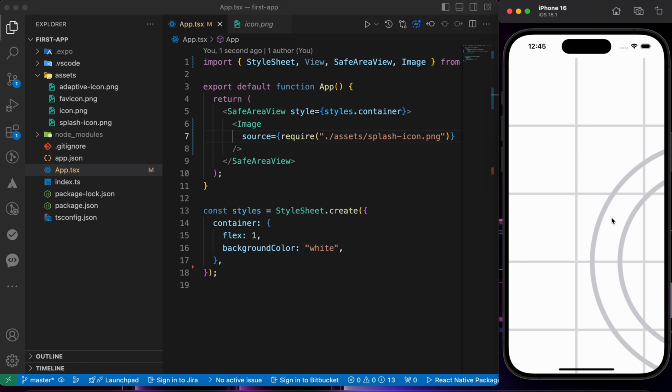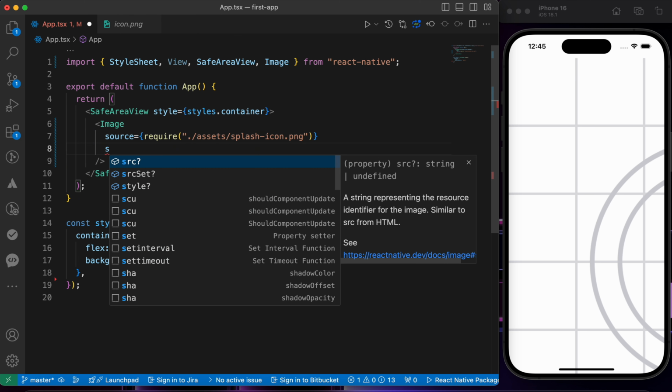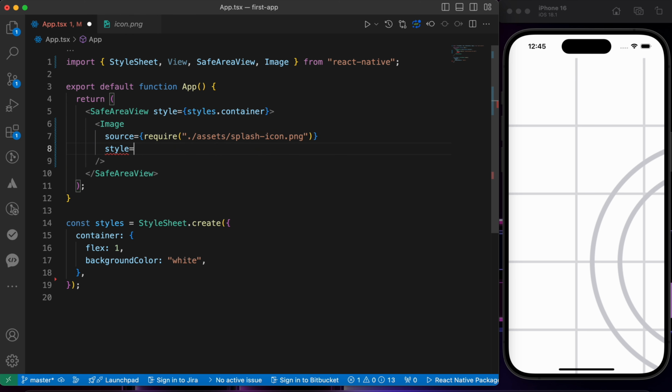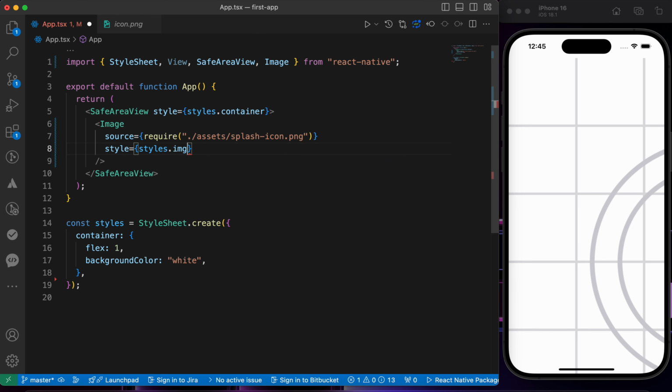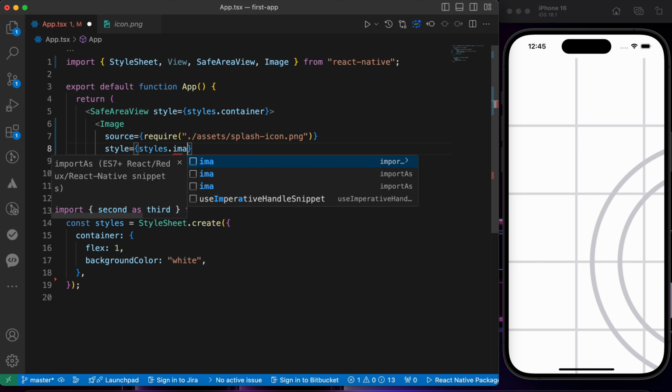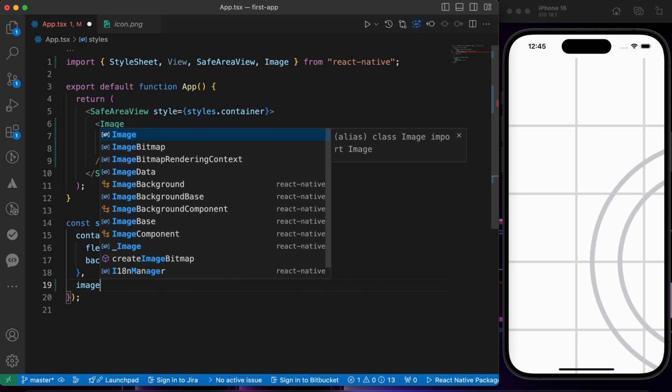Now we've rendered this image, but it takes all of the screen. So we need to give it a height and width. So let's close this and add styling to it. Just add the style property and it's gonna be styles.image1, for example. We are using the StyleSheet here. So let's add this object here, image1,